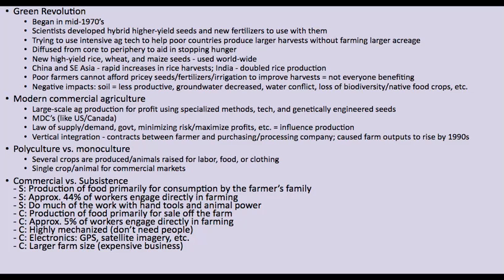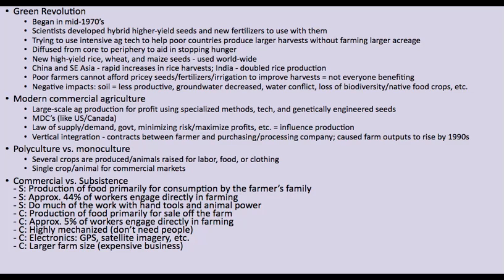And there have been negative impacts as well, because these high yield seeds push the soil a lot harder. So it becomes less productive over time, and groundwater decreases. There's conflict over water. There's loss of biodiversity and native food crops. So the negative ramifications of the Green Revolution have been varied, but there are a lot of them. By the time we get to the more general descriptions of agriculture as it stands, modern commercial agriculture,